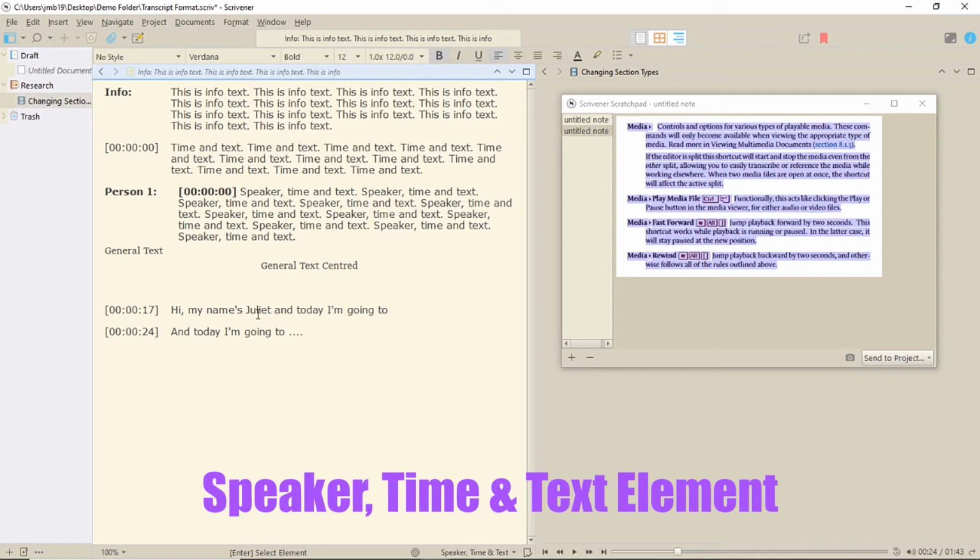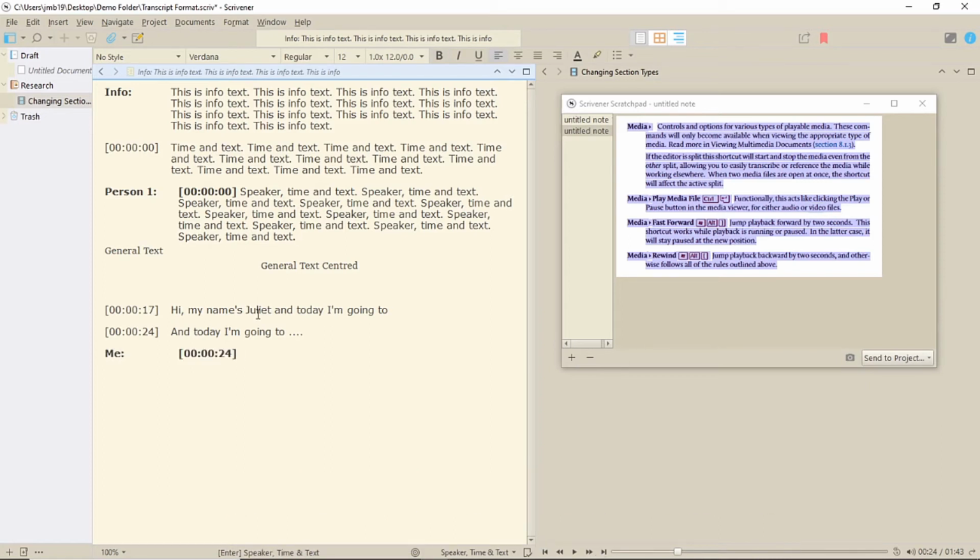If you start playing your transcript and stop when a person starts talking, type their name identifier and press Tab. The time on the recording is automatically entered into the timecode. Type in the words spoken, press Return, and you'll automatically continue with the same format for the next speaker, and so on.